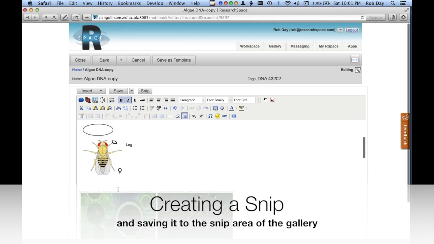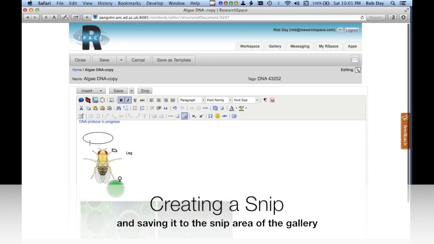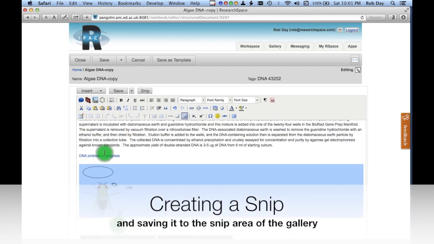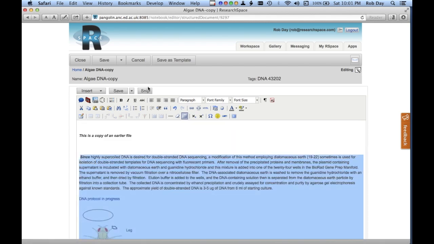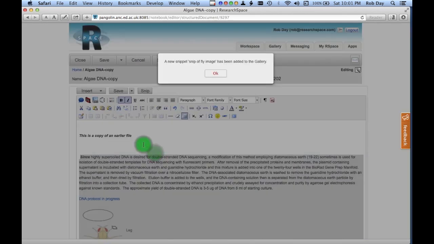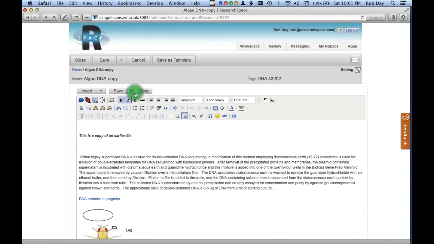Let's imagine that there's some content in here that I would like to use elsewhere too. I can go ahead and choose some content, like perhaps this image, or maybe a combination of the image and perhaps the link that points at another resource and some text, and say snip, and I can give this snip some name. I could say snip a fly image and say OK, and that will save that snippet to the gallery so that I can use it elsewhere. Once again now I choose Save and Close,